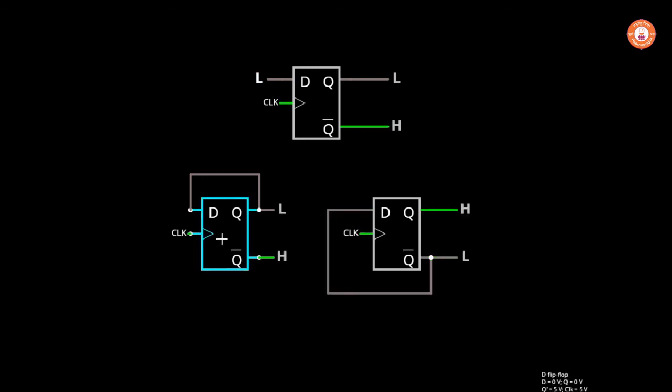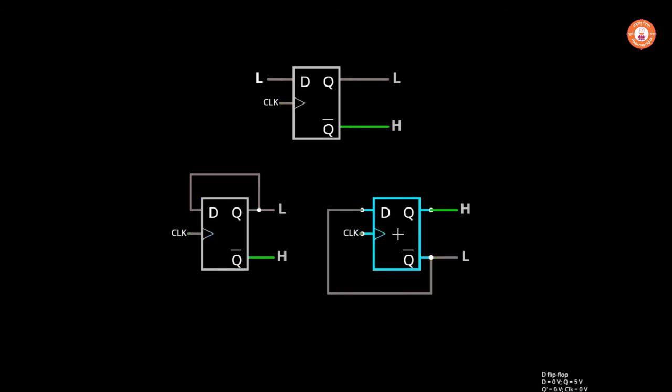So coming to this flip-flop here, you will notice I started with Q equal to low, and that is given as the input for the next state, and when the input is low, the output is low, and the same output is given as the input for the next state. This flip-flop will always have low output as Q and high output as Q complement.